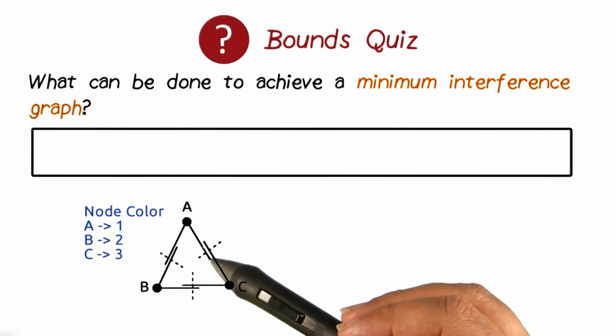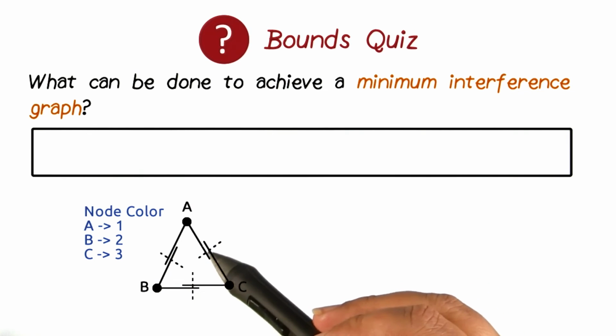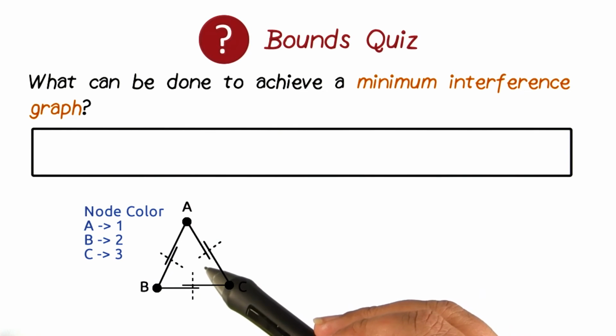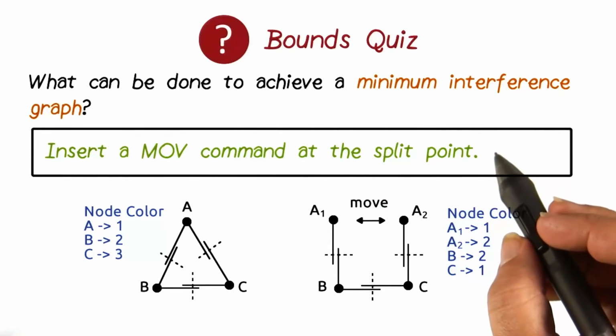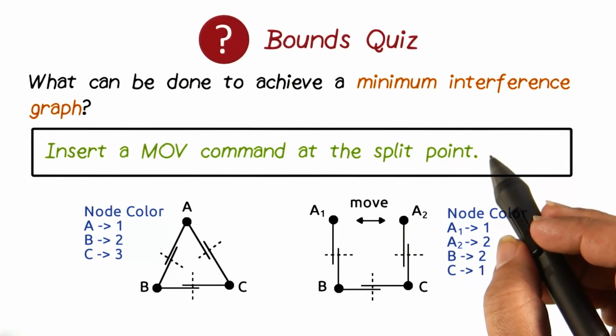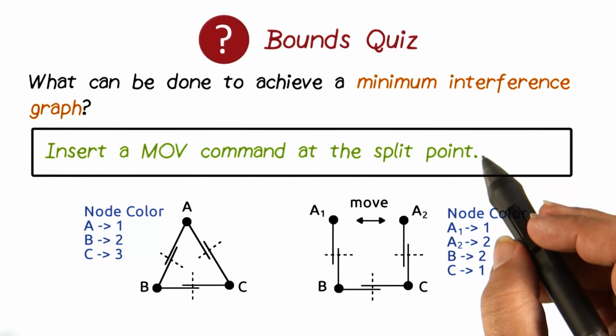That's the only way to really make sure that this graph is colored in terms of normal register allocation. The question is, can we reduce the number of colors? How can we reduce interference? And what is the effect of that? So the correct answer is to do a splitting of the live range and insert a move command at the split